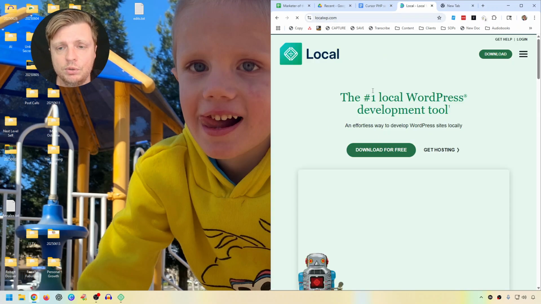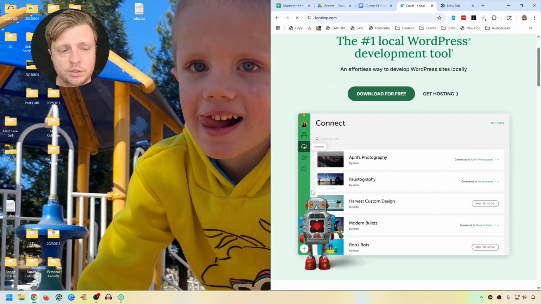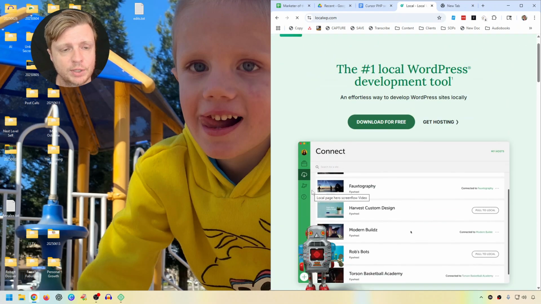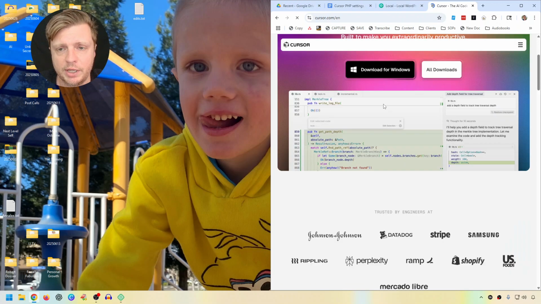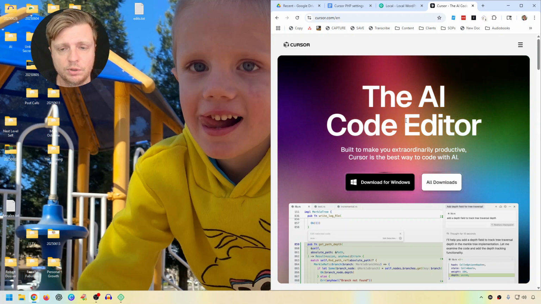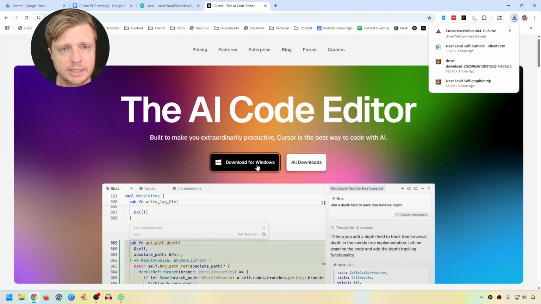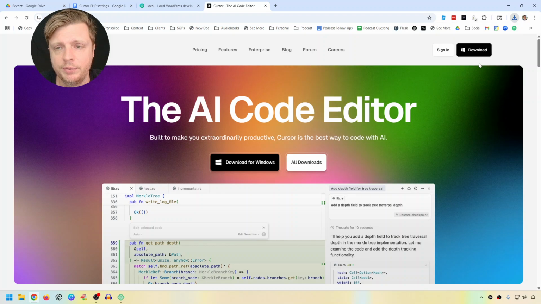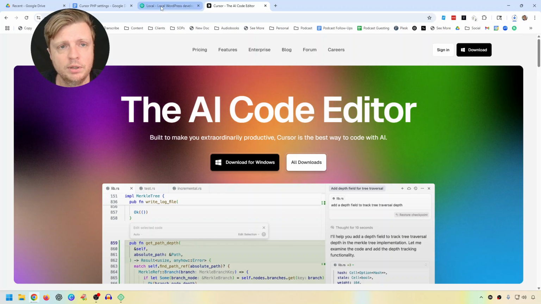First, there's LocalWP, which lets you install a local version of WordPress on your computer and play around and create a website, create software, create plugins. And we'll also use Cursor.com, which is a Windows and Mac desktop-based tool where you can create your code. So we're going to work our way up to it. First, I'll click on download for Windows. I'll download the Cursor program for Windows. And while that's downloading, I'll go to